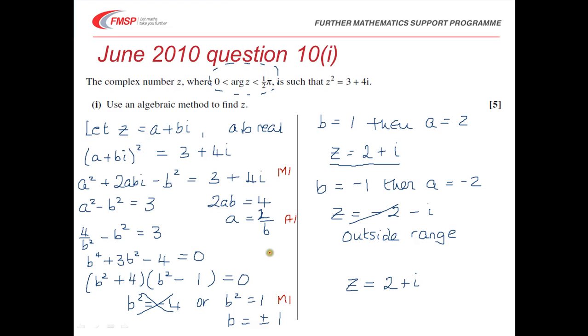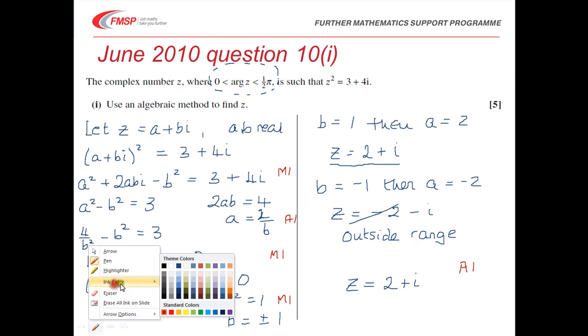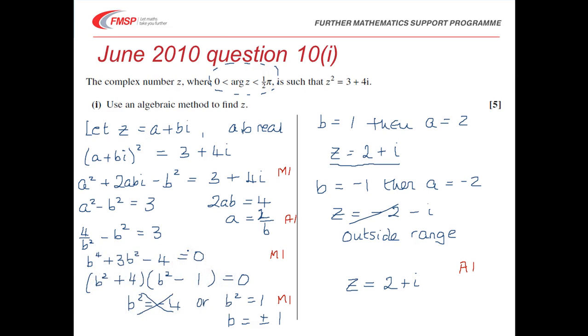There was also a method mark, I should have said here, for getting the quadratic, so 4 marks at that stage, and then there was just an accuracy mark for getting the correct root, 2 plus i. So if we just move on to the second part, then the second part was asking us to find z